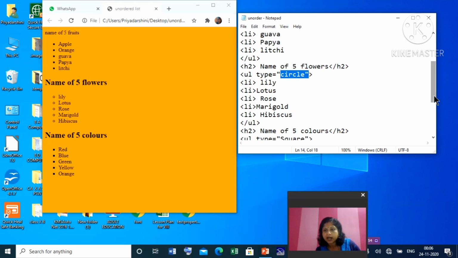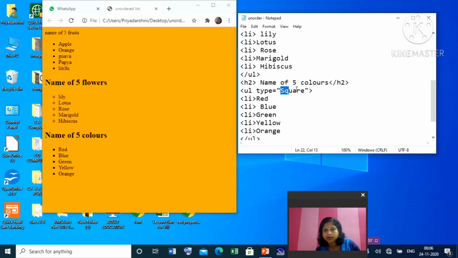And for the third list, what we have specified? Type is equal to square. You see that type is equal to square. So in this way, you can create unordered lists, and three types of unordered list you can create. Okay. Hope all of you understand. This is very easy also. So you can do it.